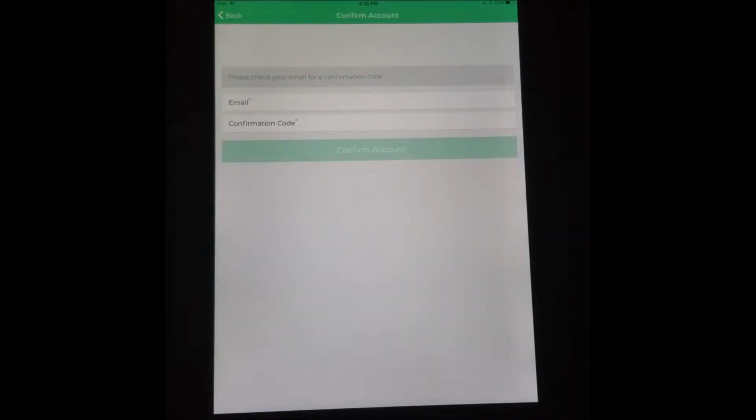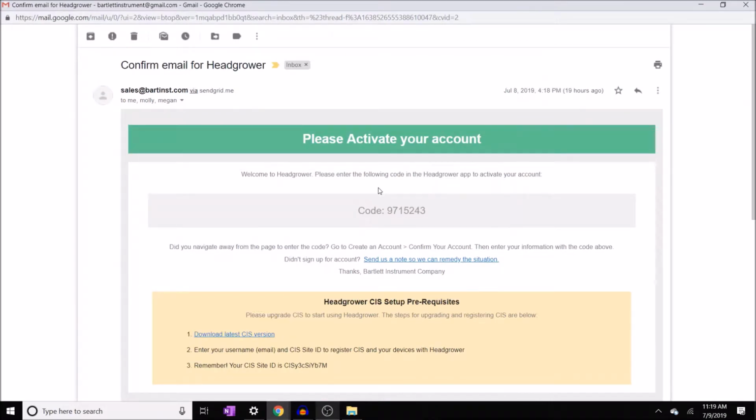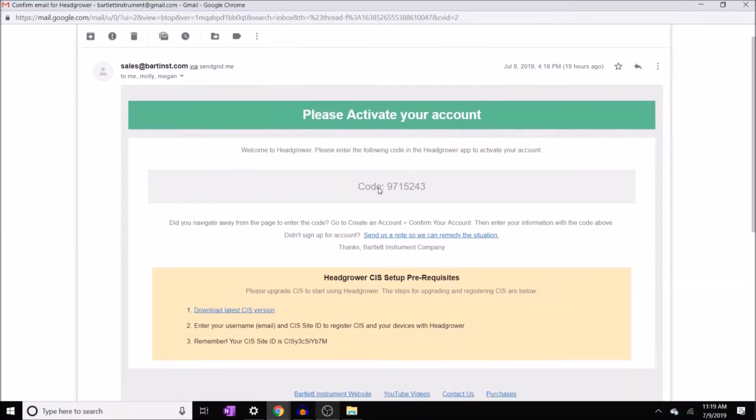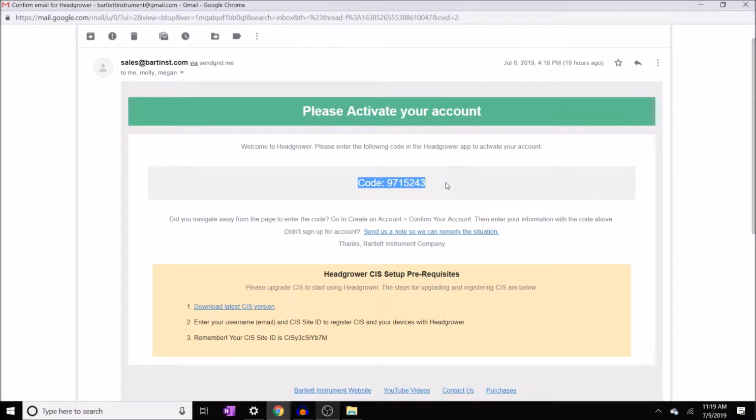Now, a confirmation code will be sent to the email address you entered earlier. Before you can start using Headgrower, you'll have to retrieve that code from your email and enter it along with your email in this blank. Here's what that email will look like. In the email, you'll see several things: a confirmation code, a download to the latest SYS version,